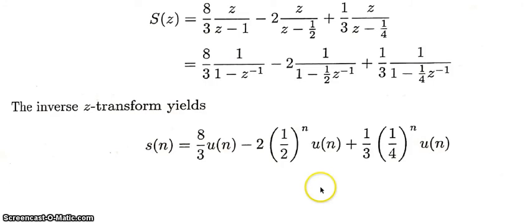Therefore when we take the inverse z transform of S(z), we get s(n), which is the step response, and that is, for the first term, 8/3 into u(n) minus 2 into (1/2) raised to n into u(n) plus 1/3 into (1/4) raised to n into